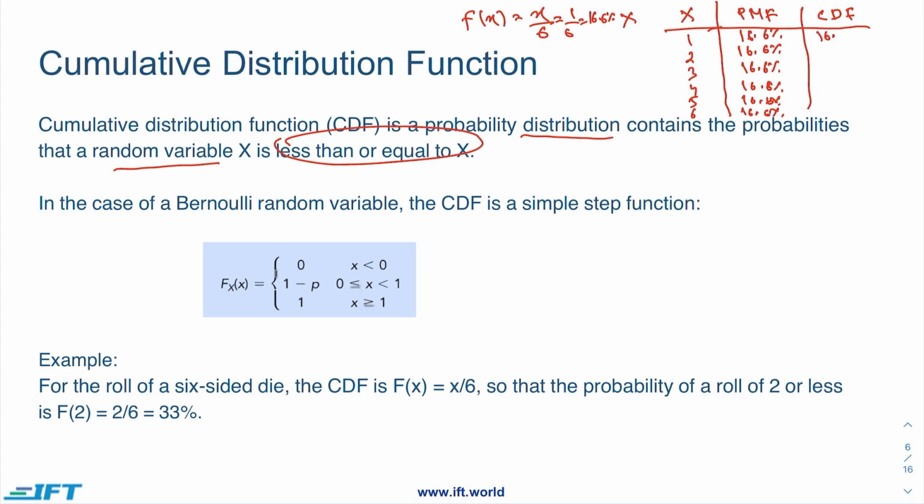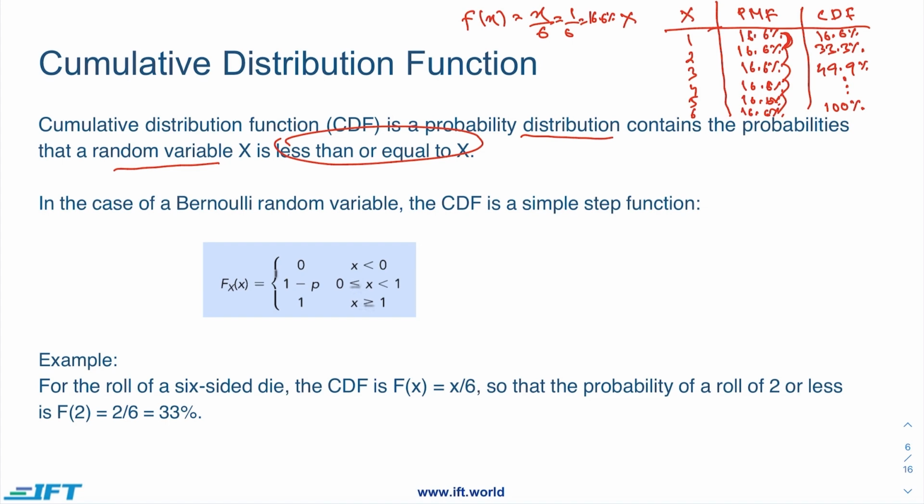So the first observation would be 16.6%, but for the second observation we will be accumulating these two observations. So instead of 16.6%, it will become 33.3%. Then for the next value, again we will add 16.6%, so it will be 49.9% and so on, until for the last observation it will become 100%. So for the cumulative distribution function, we are adding these values into each other and then calculating the cumulative